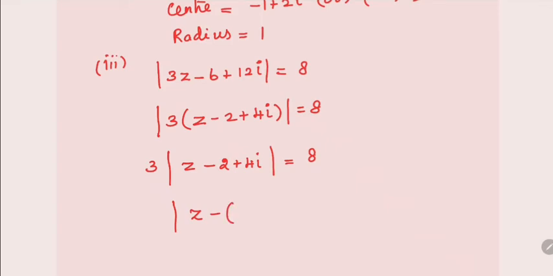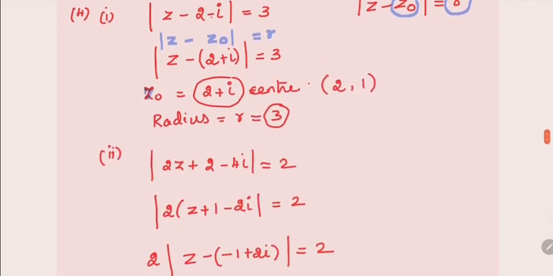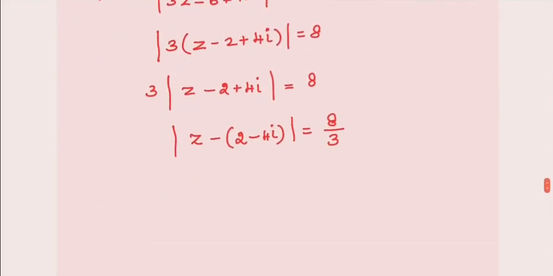So from these two terms, we are going to take minus out. If we take minus out, the first number will become 2 and the next one will become minus 4i, which is equal to 8 by 3. So we have brought it into the standard form. This is nothing but z naught, and this is your R. So therefore the center is